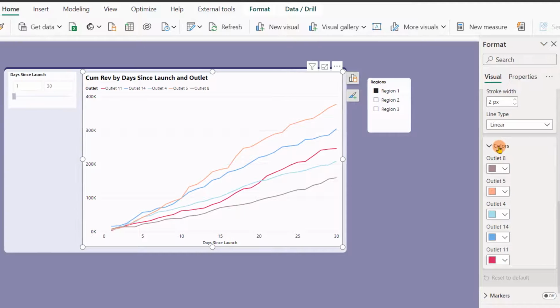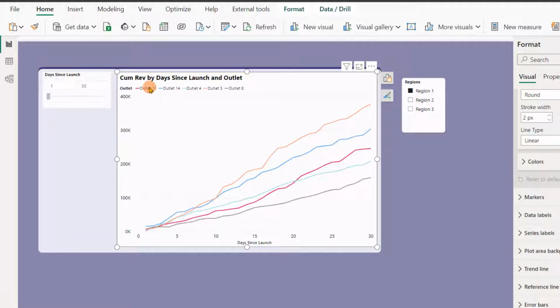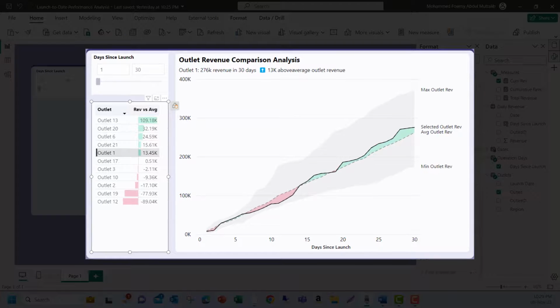Alternatively, you can also highlight it using the legend. But when there are many outlets, this chart becomes too cluttered. We need to have a better way to compare and analyze the outlet revenue. Now let's move on to the next phase of this chart, where we will compare the selected outlet revenue to the average outlet revenue and highlight the deviations while showing the minimum and the maximum revenue band as shown in